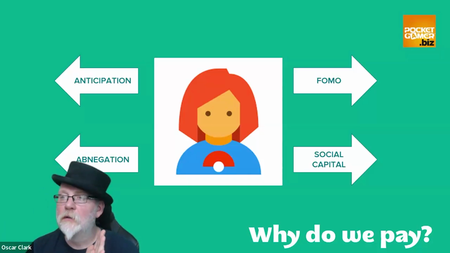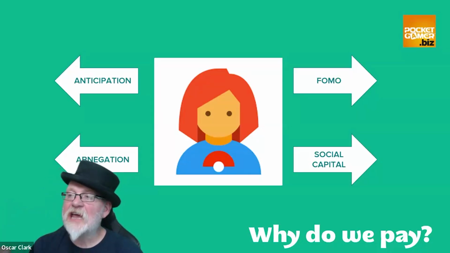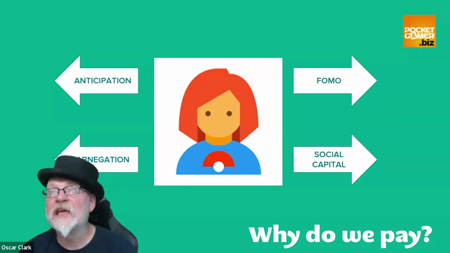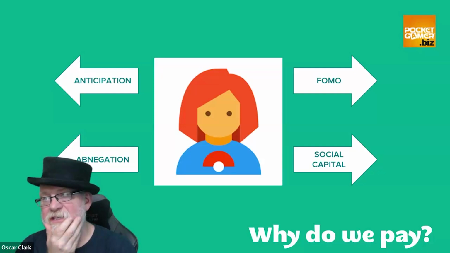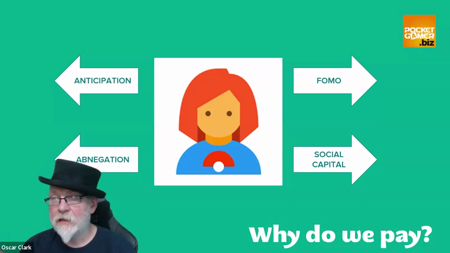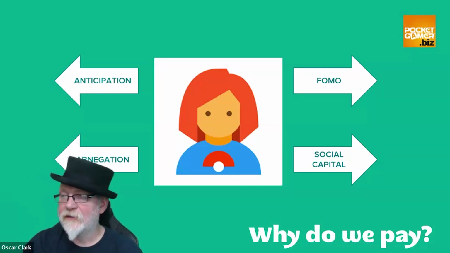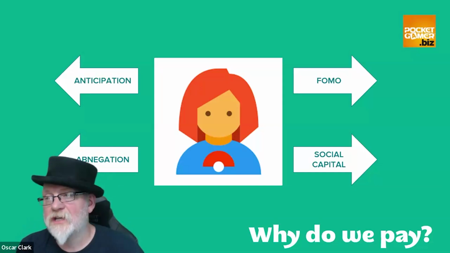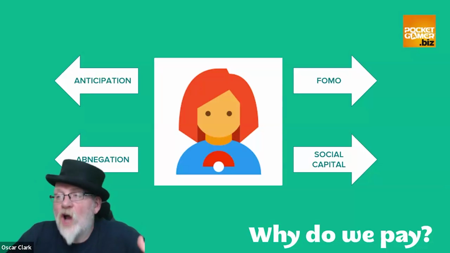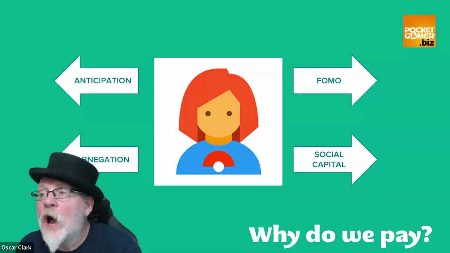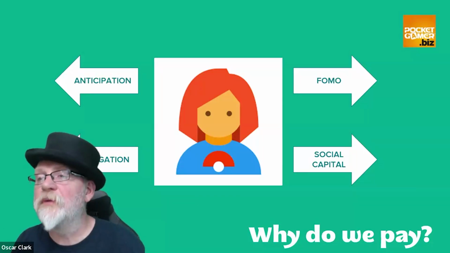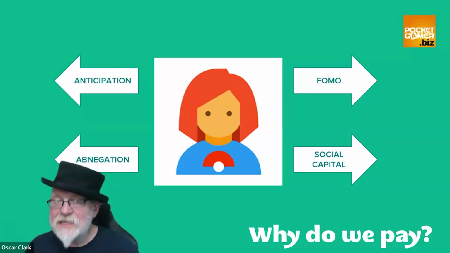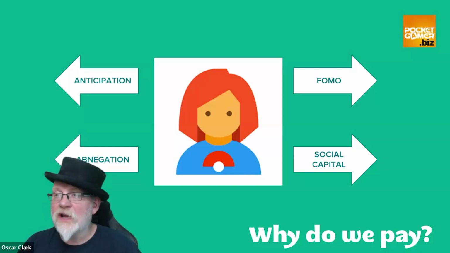But also, I won't act unless there is a fear of missing out. If I haven't got a reason to act, I'm not going to. So what is the fear of missing out in this process? Similarly, the social capital, again, matters. Why? Because I care if I get to express myself. I care if people will judge or view me based on that. I care if I'm part of a tribal group, if my social identity is connected with belonging, and that's reflected in this game. These are reasons why I pay.